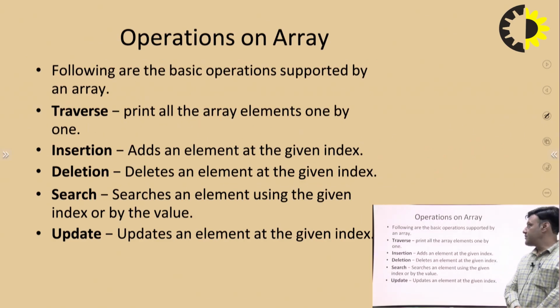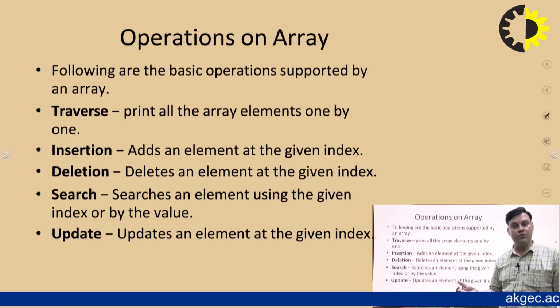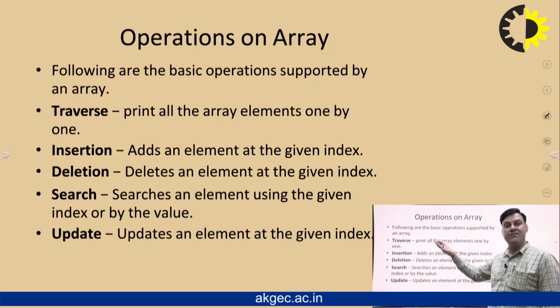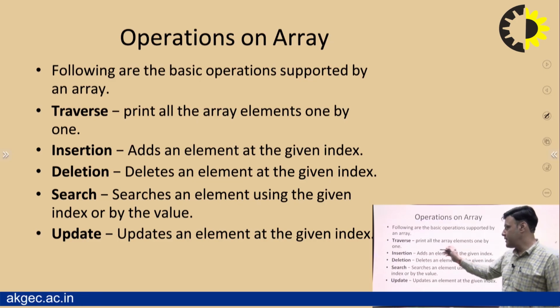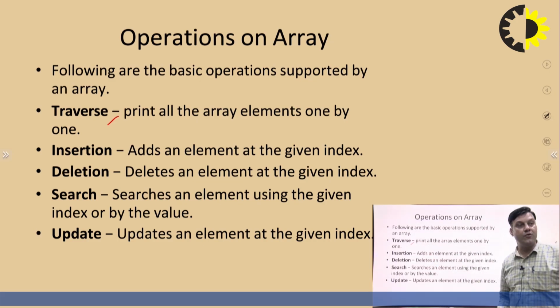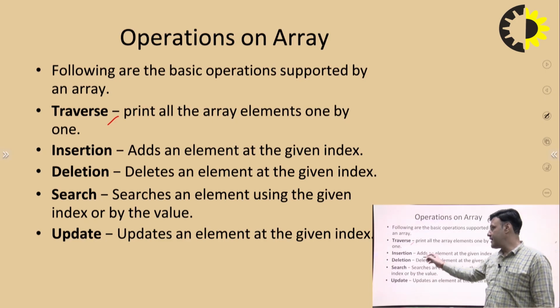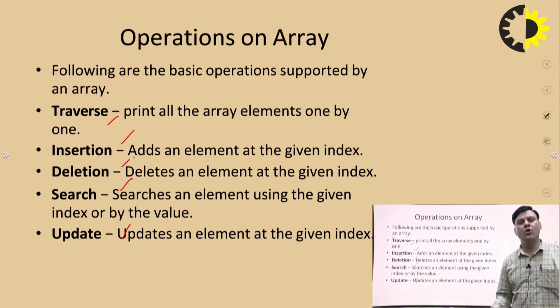So what are the different operations that we can perform? In data structures, the focus is on how the memory allocation has been done for that particular data structure, right? And after allocating, we have to perform several operations on each data structure. In our case, which data structure are we discussing? We are discussing array. So it means we have to perform traverse. Traverse means visiting each and every element in an array, insert, delete, search, update. Some more operations can also be performed.